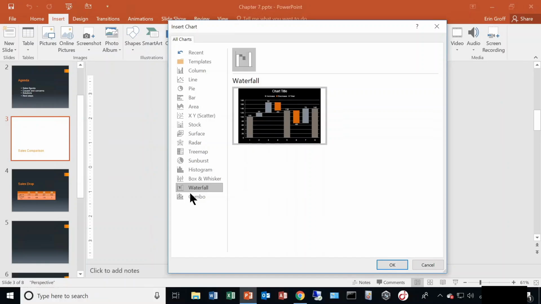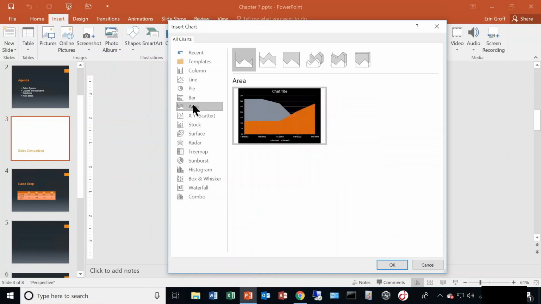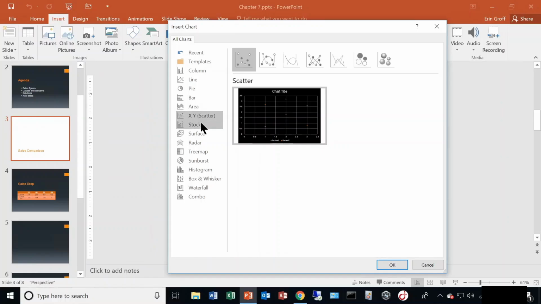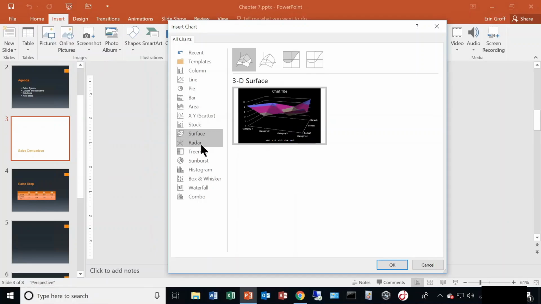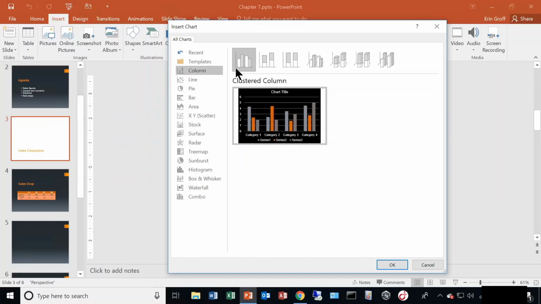And then your last category is combo. Your combo charts have two different chart types for documenting two different ranges of data. We also have our area charts, XY scatter, stock, surface, and radar. So within each category, if I choose column here, all of these subtypes of that category